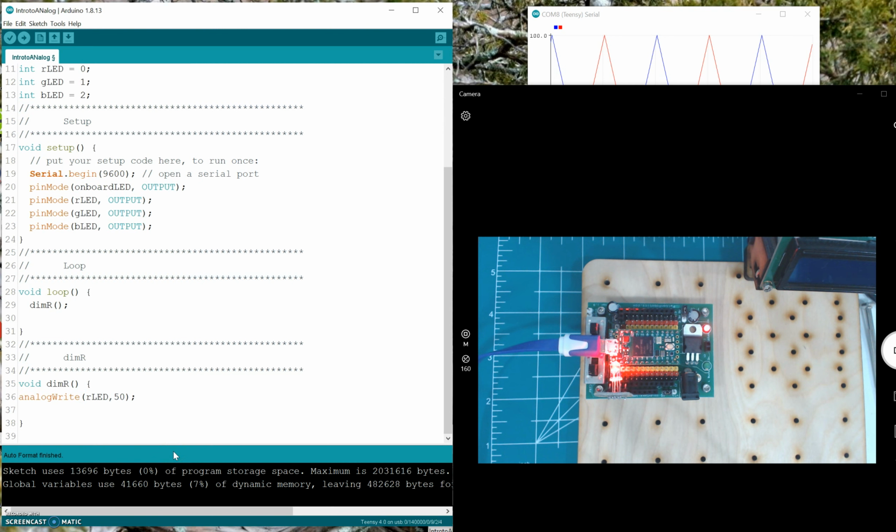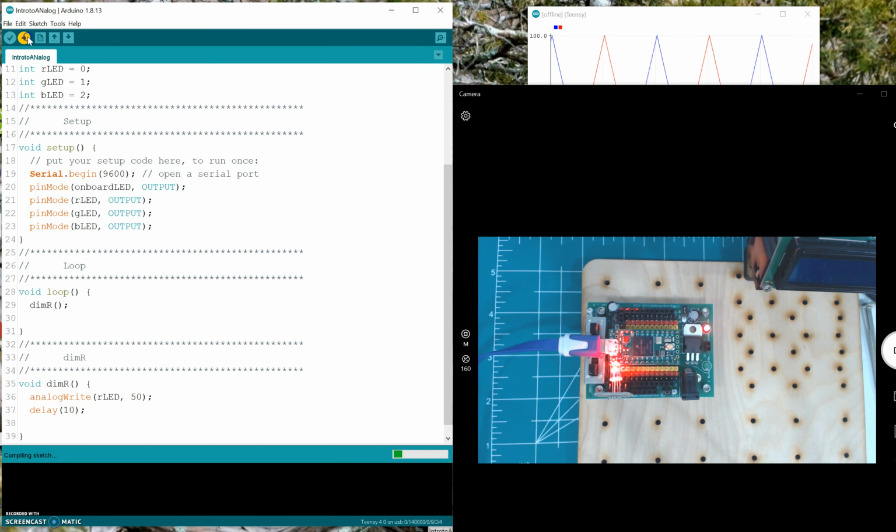And tidy my code. And actually, I'll still throw a delay, even though we're not going to see anything, but that way I won't forget to do it later. I'll throw a delay of, I don't know, 20 milliseconds. This is unnecessary at this moment. It's just something I'm going to put in there to keep it from pulsing a lot. So if I load this, the only function it's running is going to be dimR. And if I load this, what we should see happen is that LED right there